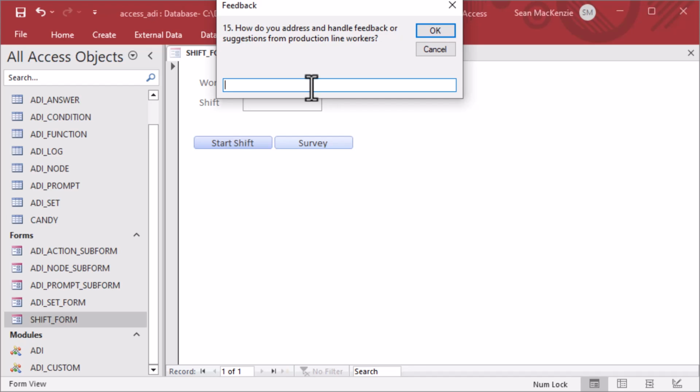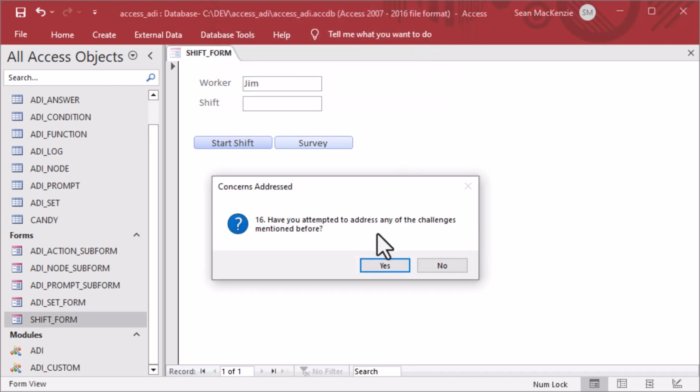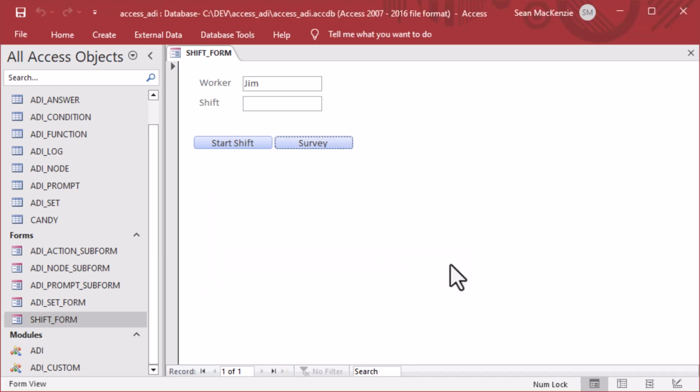So the user can go ahead and put in some data. Stay tuned for an episode where we check for a particular word in that outcome, and it has a yes no attached to it. Next one is 16. Have you attempted to address any of the challenges mentioned before? If we say no, that's the end of the survey. We have successfully created a full-on survey with skip patterns and loopback logic in it, and there are all of